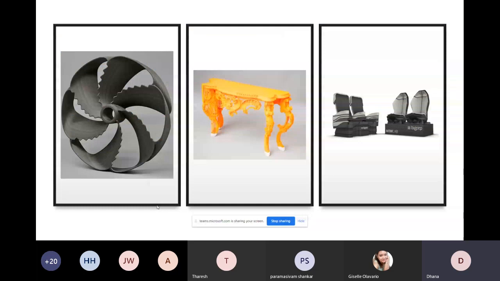And you can go for the interior sector. You can print chairs, tables, and you can even print prosthetics, like in the case of medical. You might have seen that 3D printing has been a great success in the medical industry. In the case of dental, people are using 3D printing to print teeth as a replacement, and they are using it for printing braces. These kinds of things can also be printed with additive manufacturing.